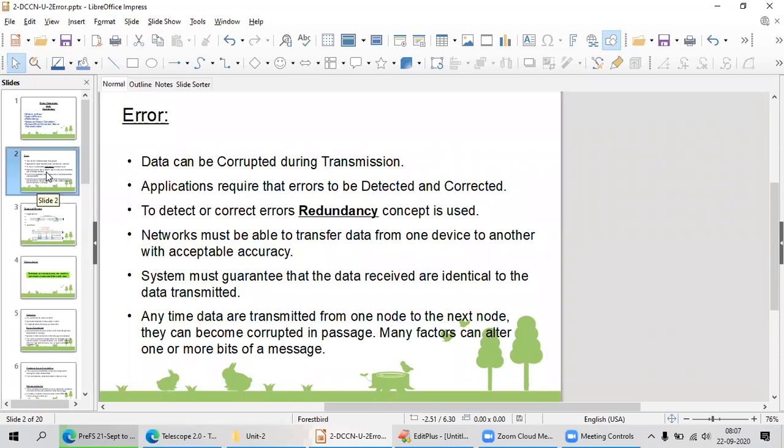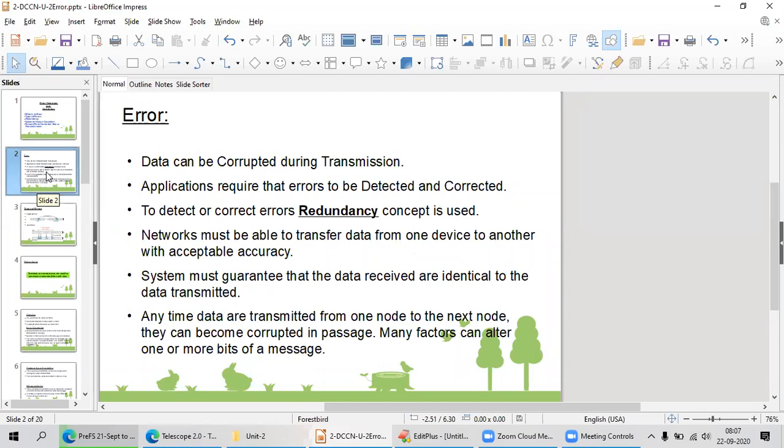Most of the time, some applications won't concentrate on these small errors. But for example, if I am sending a message, my hall ticket number is 17BD1A0402.